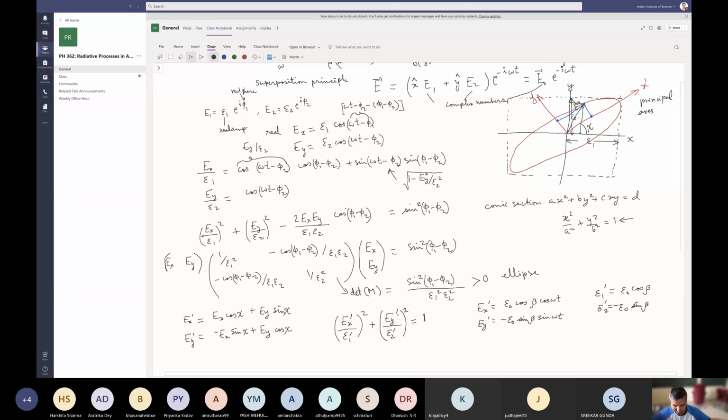So if I want to have this form satisfied at all times, I should be able to write this as cos squared omega t and this as sine squared omega t, right? Cos squared omega t plus sine squared omega t is equal to 1 at all times. So that means that